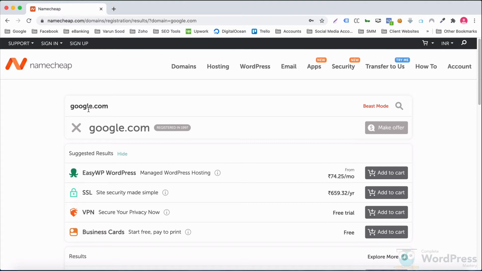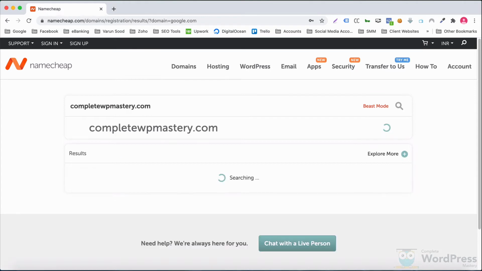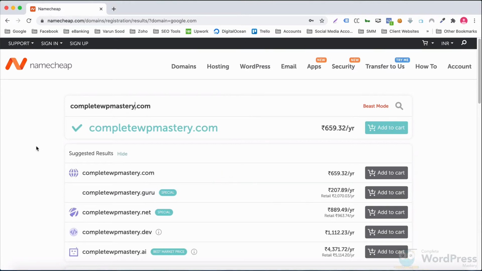If you want to buy a domain name for yourself, it has to be unique. So let us try to do another search for this domain. Namecheap tells us this is available, and it also tells you the pricing, and it also suggests a few other